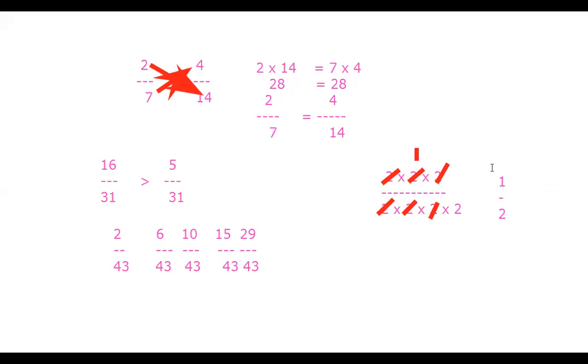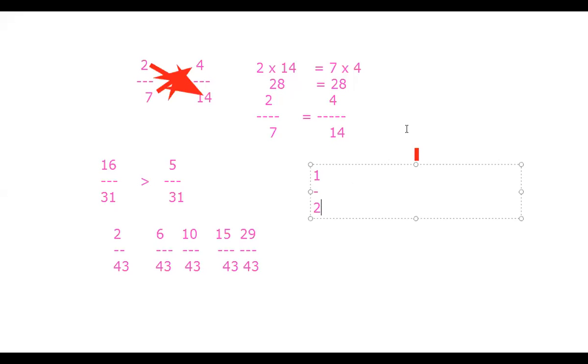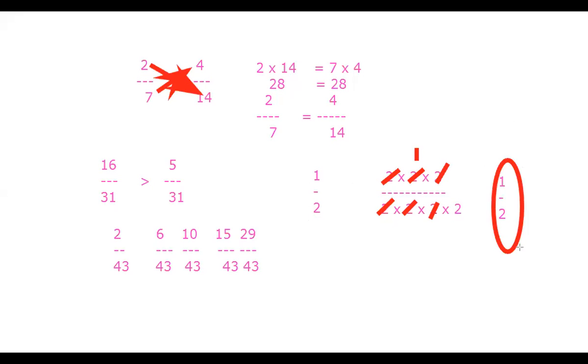The question asks you to find the pair. The first fraction is 1 divided by 2, given. See very carefully, the second fraction is 8 divided by 16. When I go and find out, 8 divided by 16 is also 1 by 2. And this is also 1 by 2. So this is a pair of equivalent fractions.